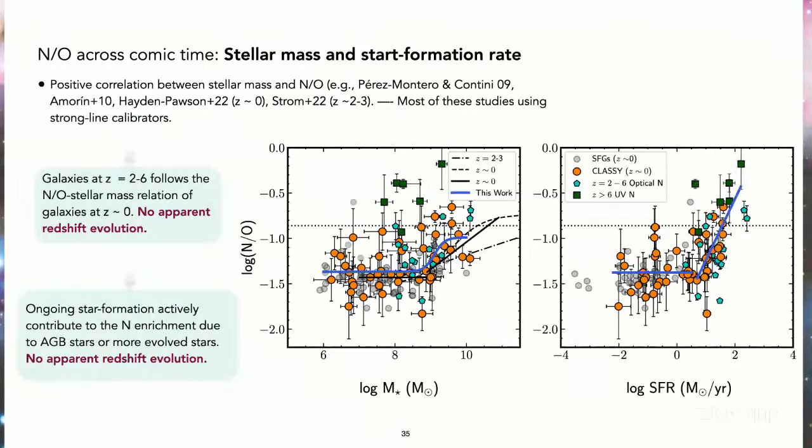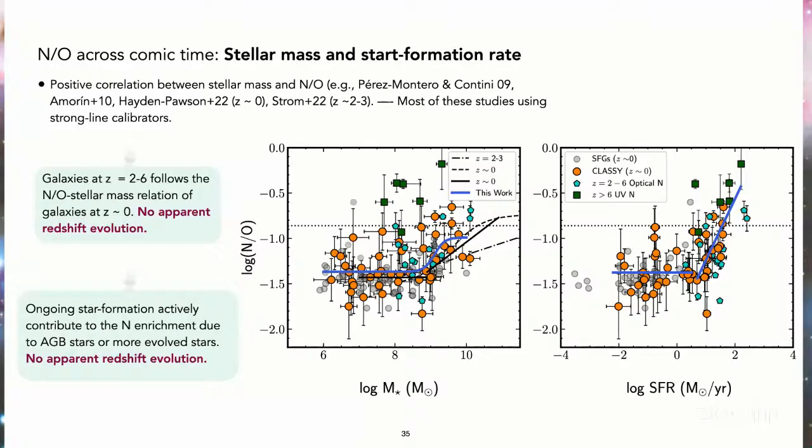The other two properties I want to mention are star formation and stellar mass. There was previous work on this relation, trying to compare nitrogen overall with these two properties. However, in those studies, the different chemical abundances were derived with strong-line calibrators. I don't have anything against strong-line calibrators, I really like them. However, here we have direct abundance determinations from the physical conditions of the gas, density and temperature. And what we see with CLASSY first is a lot of dispersion. So actually we cannot really trace something that can tell us what is happening.